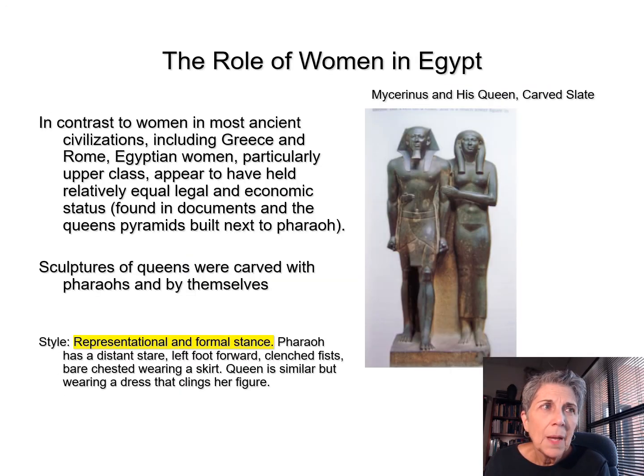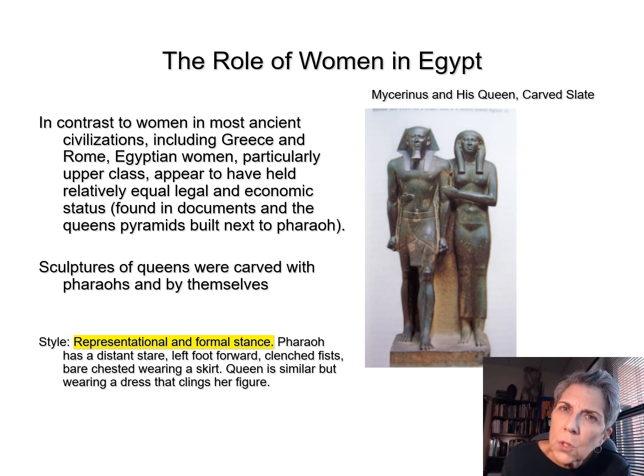Now, this is going to be very important later. This sculpture is going to be very, very important later, because the Greeks are going to copy the Egyptians. The early Greek sculptures are going to look just like this, except the subject will be different. And so this sculpture of Pharaoh Mycerinus and his queen are representative of what sculpture would look